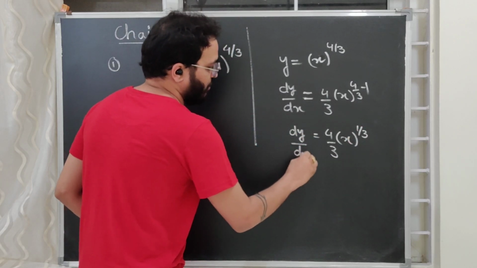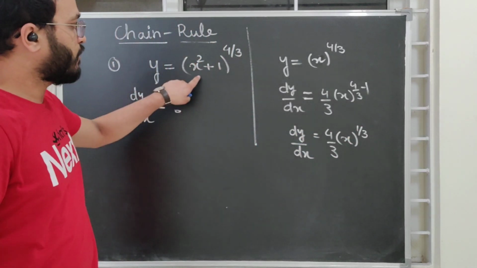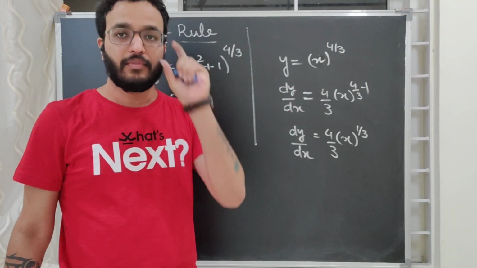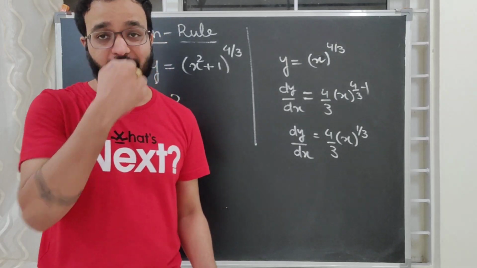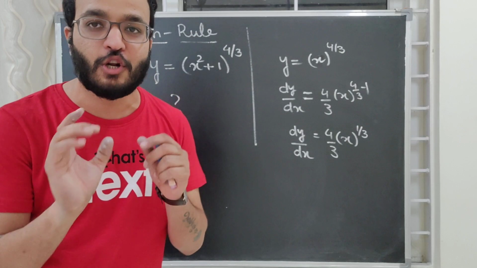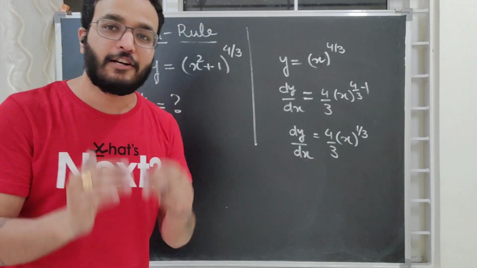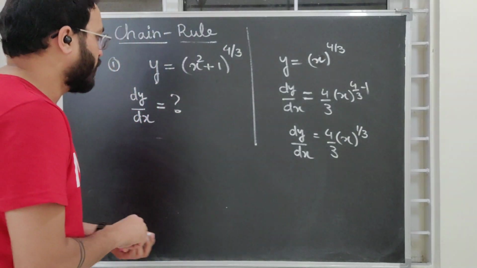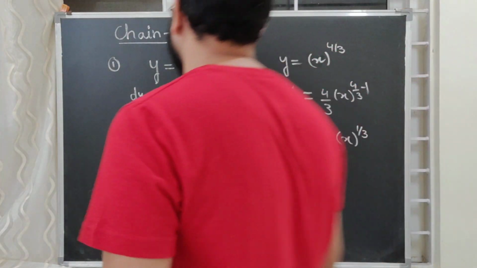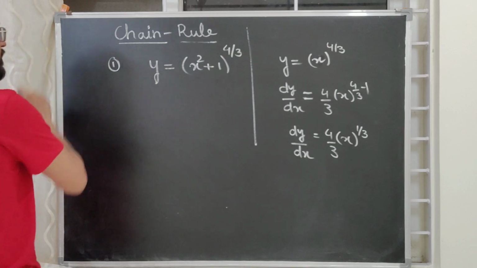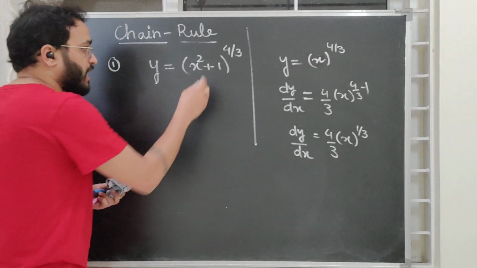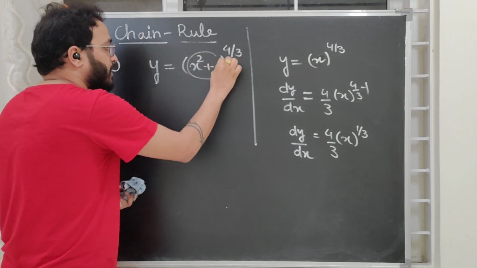So this would have been quite easy if instead of x square plus 1, I would have given you a single function x, right? Now, if you ask me this thing, I will say tathastu. If you want a single function x instead of x square plus 1, take it and solve it similarly. So in order to solve this, now we are going to form a chain here. What is that chain going to be? Look here. This x square plus 1 is the challenge here, right?